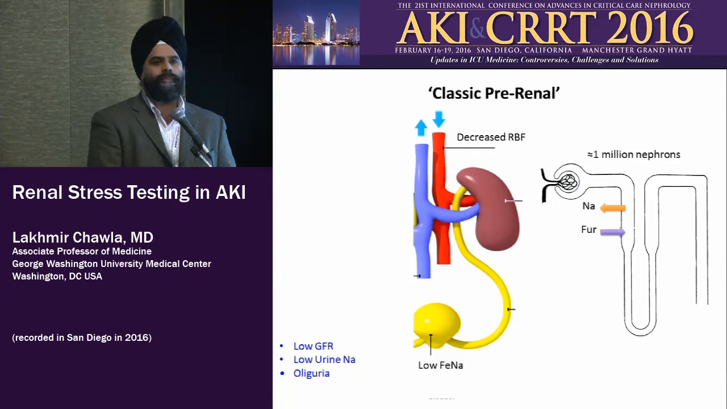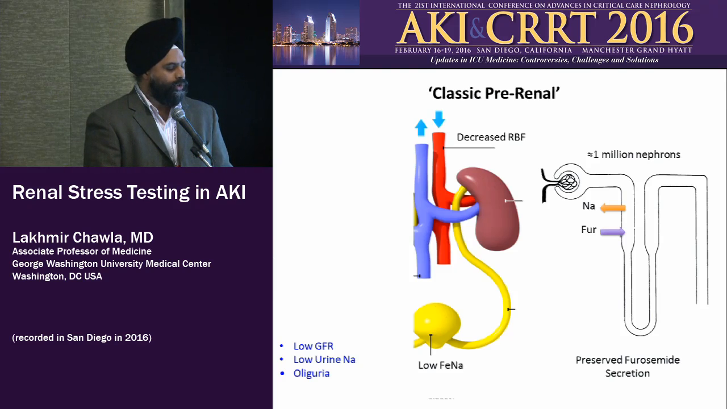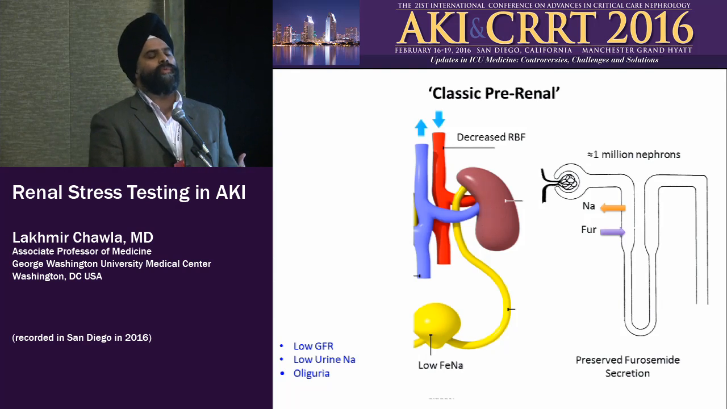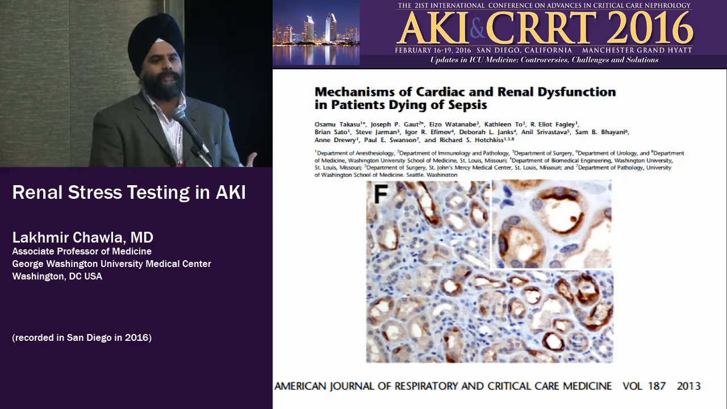So it has enough ATP and enough blood flow to resorb sodium, it can secrete furosemide. So we believe that people who are pre-renal, though oliguric, likely have preserved furosemide secretion. This is a hypothesis. Now, if you look at biopsies of patients with sepsis and acute kidney injury, this is